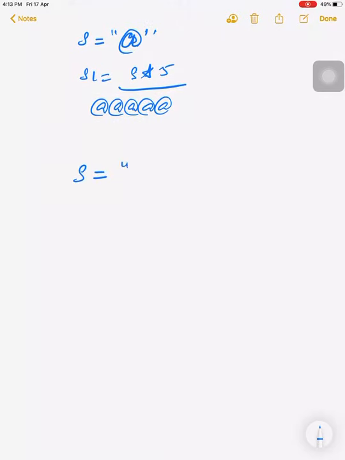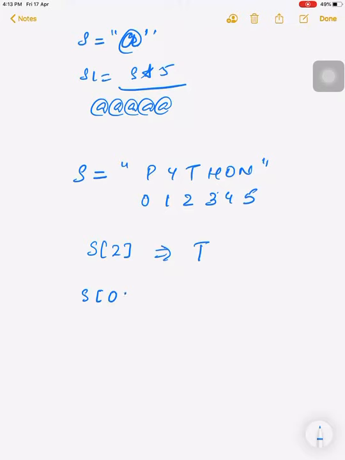Now what is string slicing? String slicing is the same as list and tuple slicing. For any string we store, for example Python, the elements stored in the string will be at index 0, 1, 2, 3, 4 and 5. If we want to access t in s, what do I have to write? I would write the index of the t. Whenever we write s2, the output will be t.